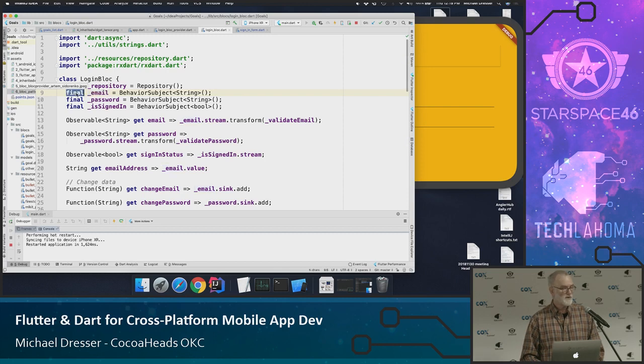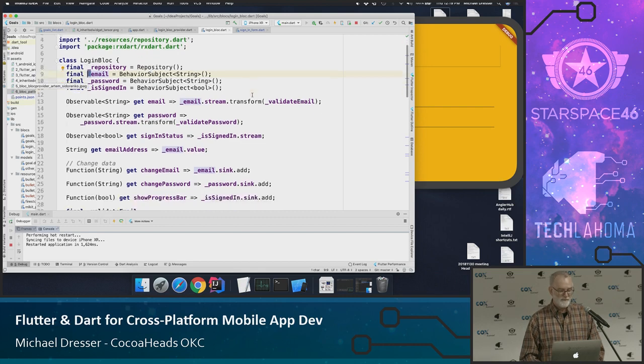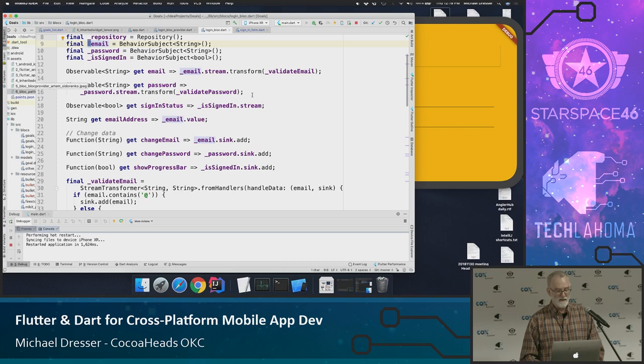Final means that it's immutable, and this underscore right before the email means that it's private. So the only way you can get to it would be with getters or setters. It actually is very handy.